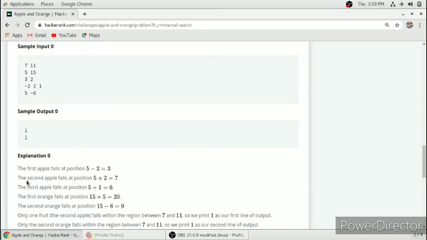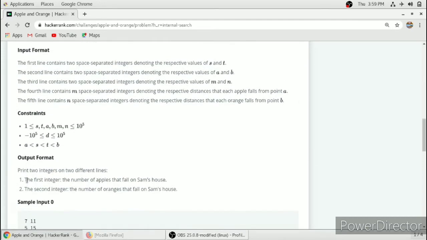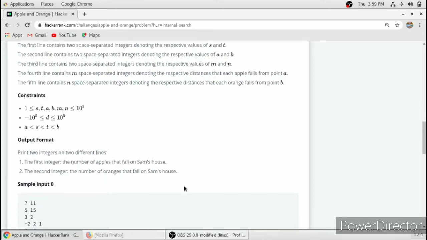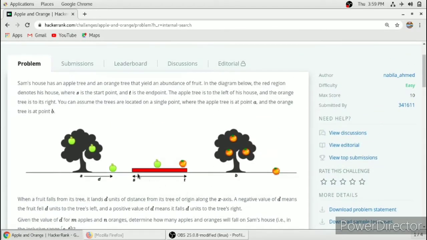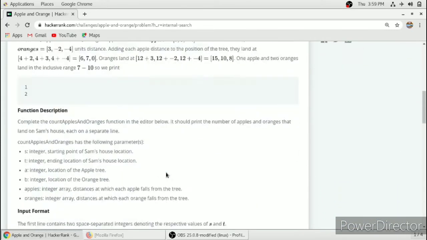So we have to print the output as the number of apples that fell on Sam's house and the number of oranges that fell on Sam's house. When an apple falls in this region from S to T, we have to count that apple and orange and print them respectively.